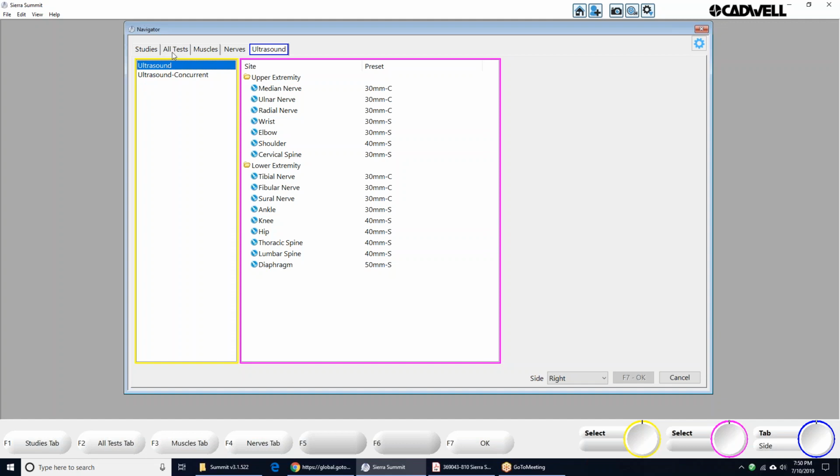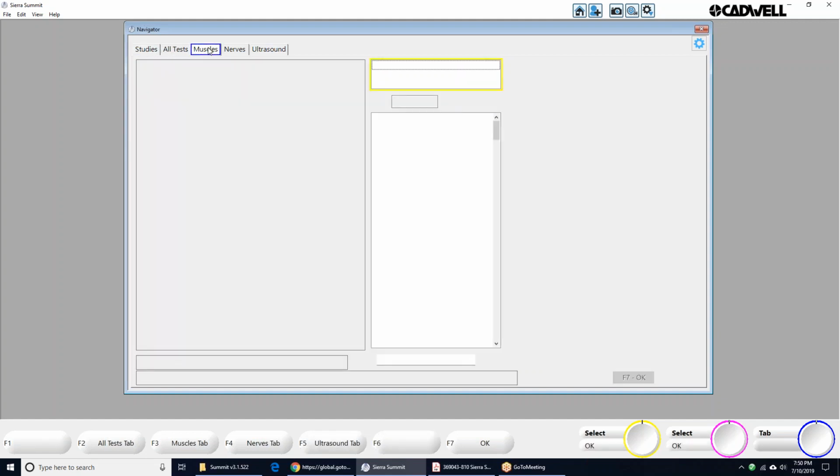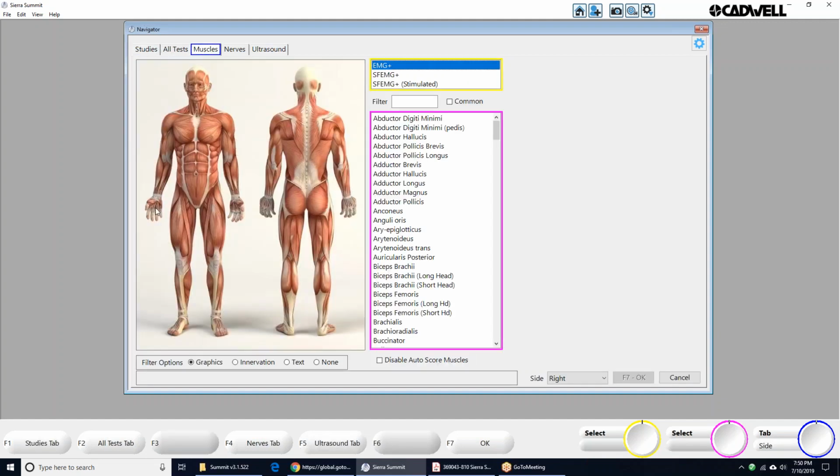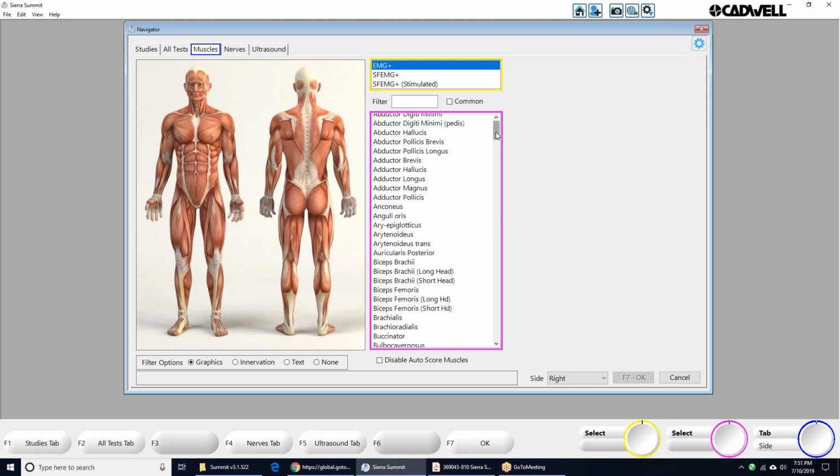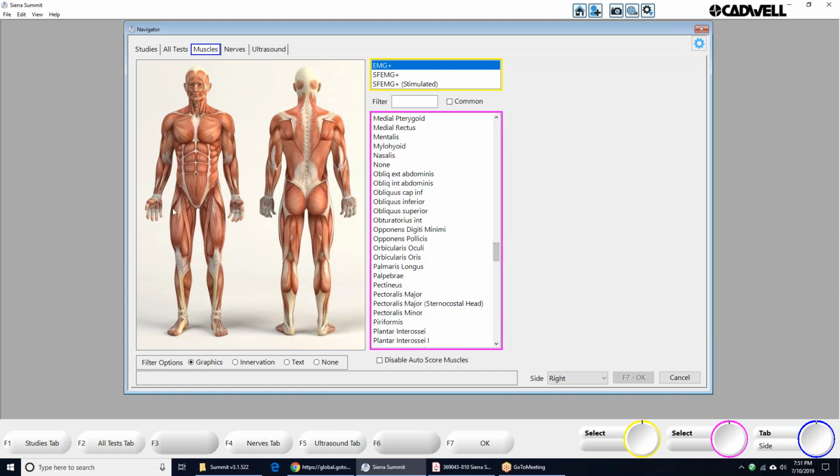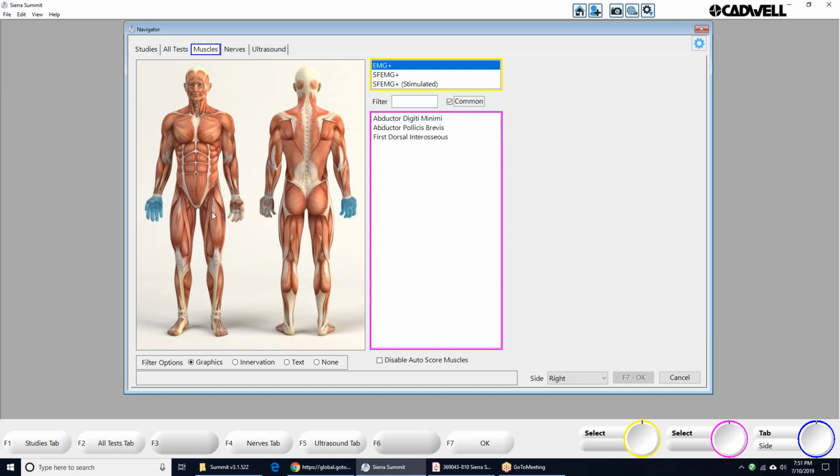A few things to know when you're in the navigator. When you're in the muscles list, when you click a body part here, it's going to filter our muscle list. So if you click anywhere in the white, here's the full list of muscles for EMG Plus. Just by clicking a hand, now we're seeing just the muscles that are in the hand. If I check the common box, now I'm seeing just muscles in the hand that I've set up as commonly